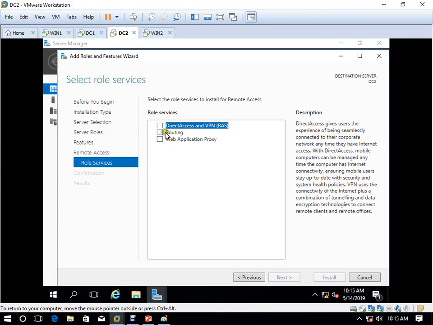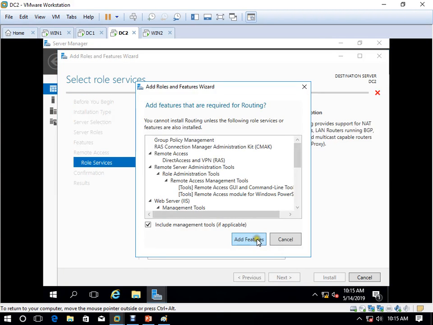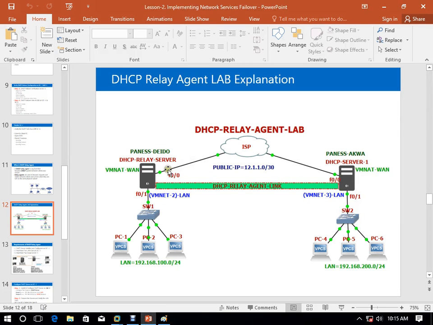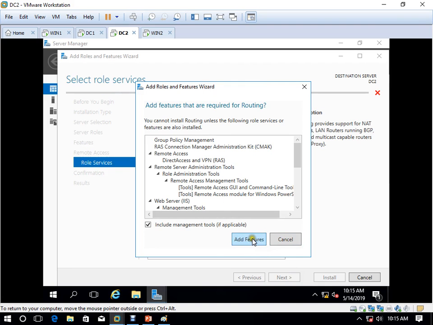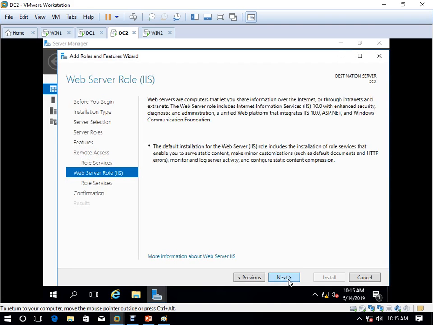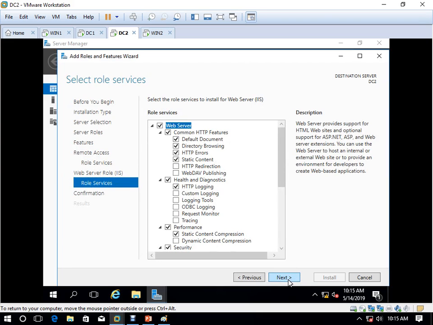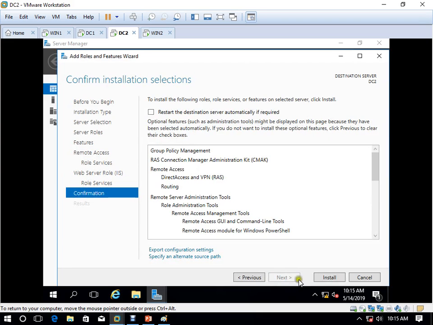Here we will install routing, because you also know that if you have done CCNA, this branch has to communicate to this branch, and without routing they cannot communicate. So we are configuring the routing here. We install routing, next, next, next, and install.